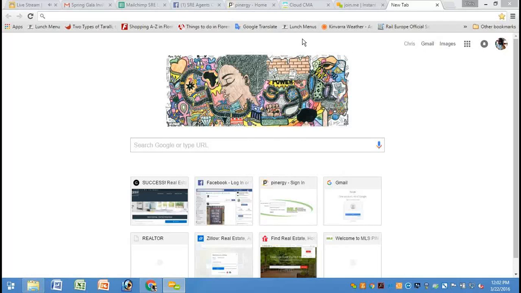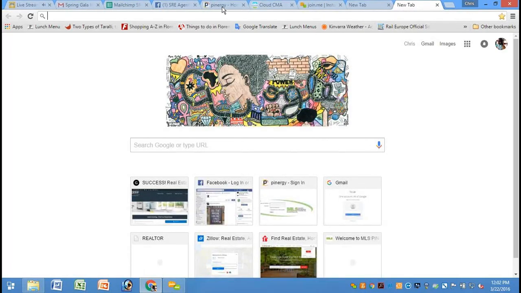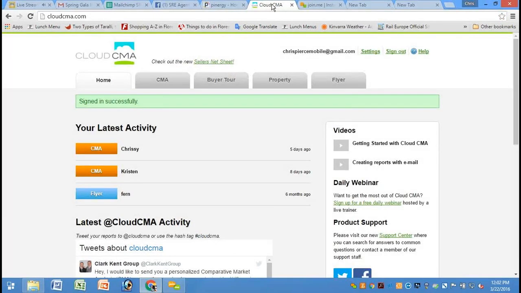So I'm going to go ahead and get started, and I'm going to show you first. So we're going to go over using the lead gen tool, which I'll show you what that is, to put it on your website. So yeah, if you're a CloudCMA user currently, you're going to log into your CloudCMA account,